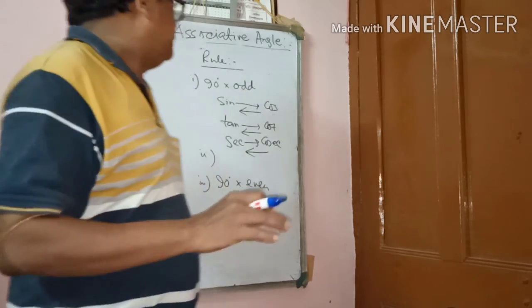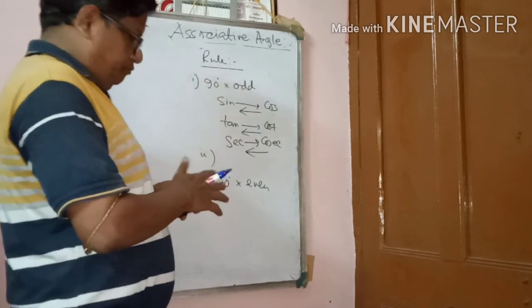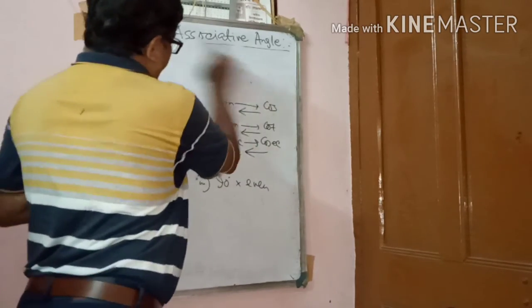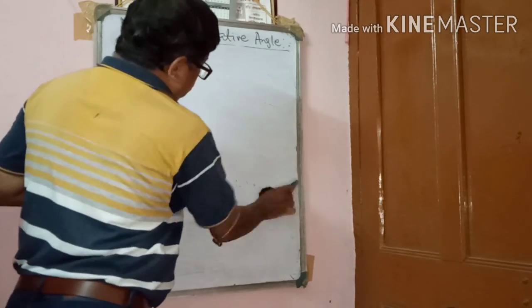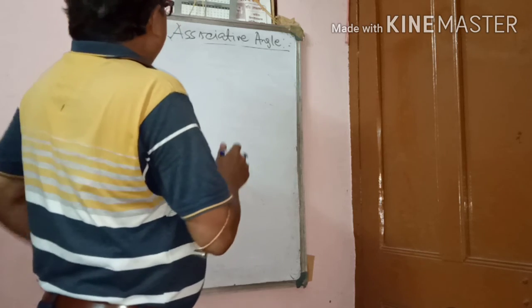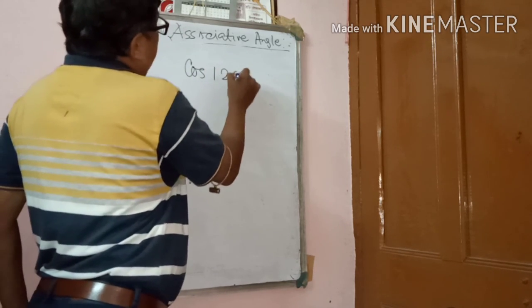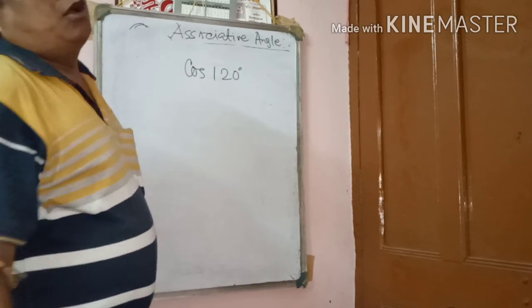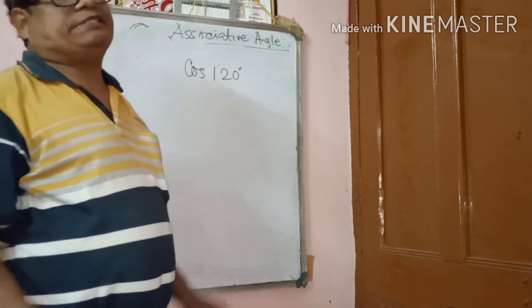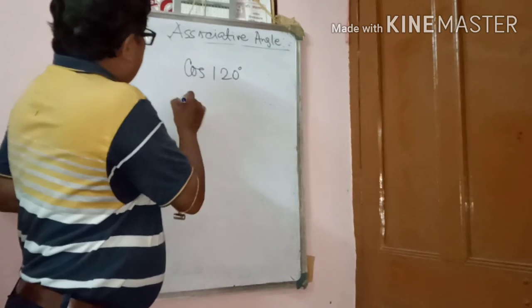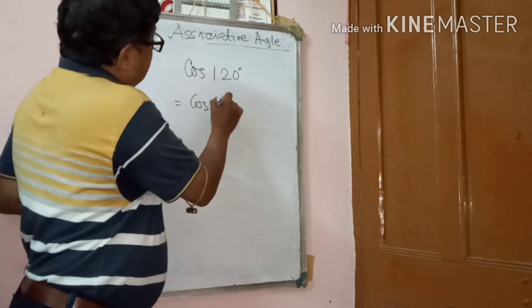See, I am giving one example. Okay? Look here. Suppose cos 120 degree, find the value. All of you remember now, this is step first: you call it standard angle. Say cos 90 degree